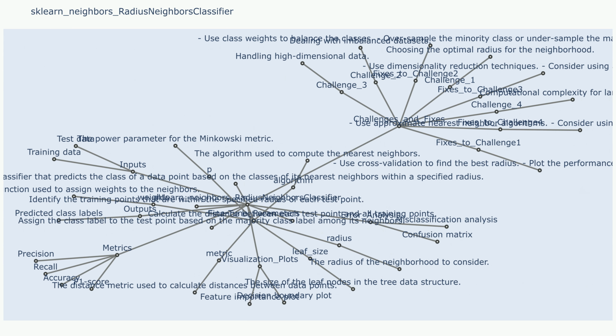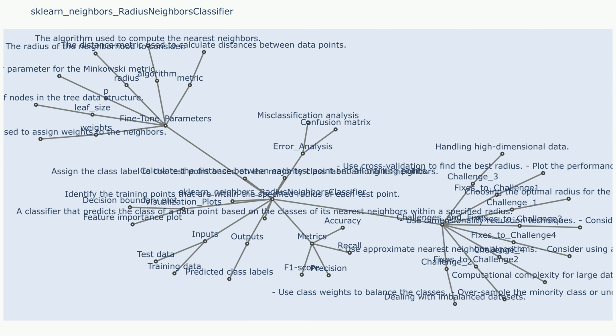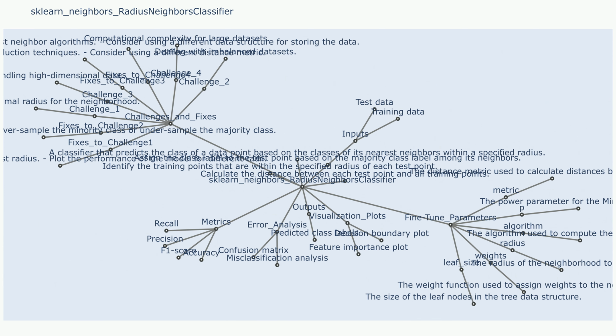Sample use case that resulted in challenge 1: a model with a small radius failed to predict the class correctly for a new data point that was located close to the decision boundary. Fixes to challenge 1: experiment with different radius values to find the optimal balance between including enough neighbors and avoiding